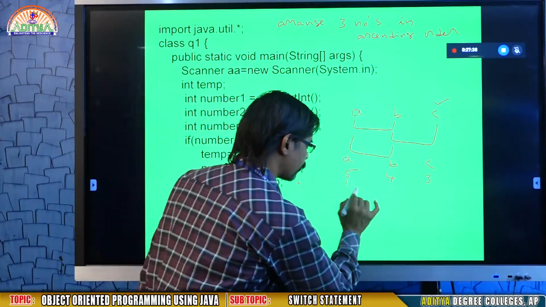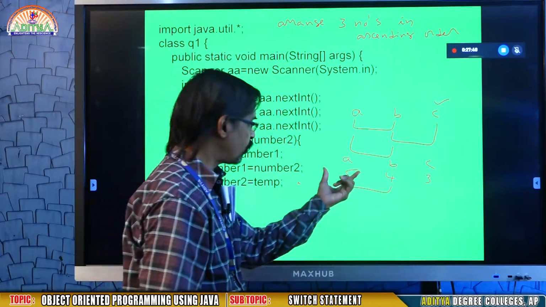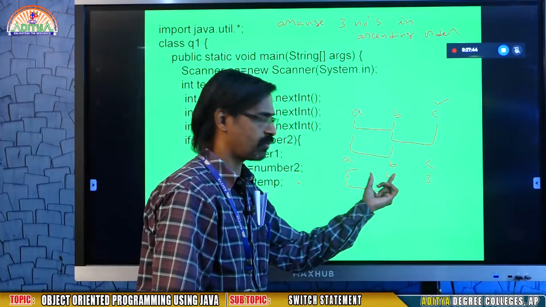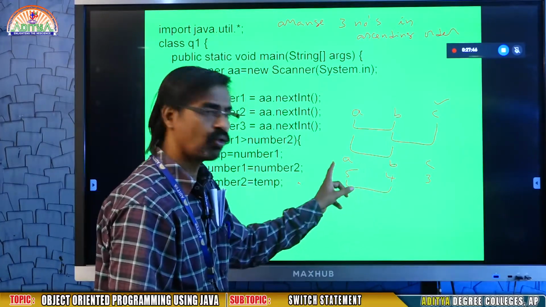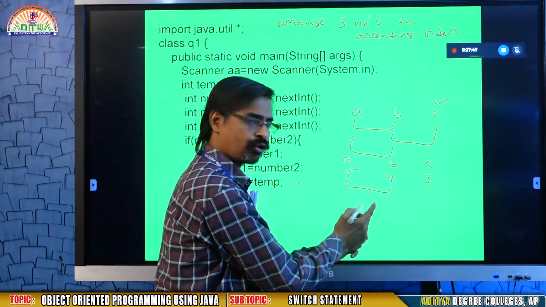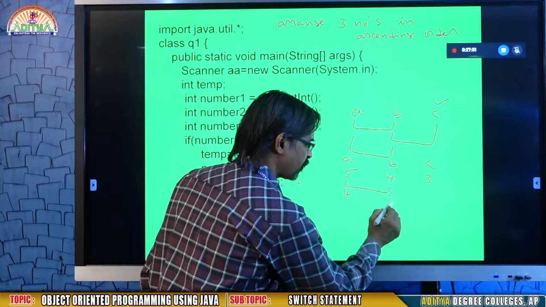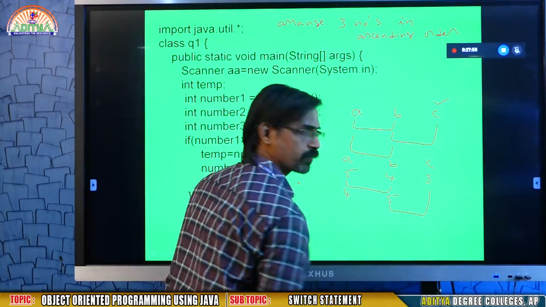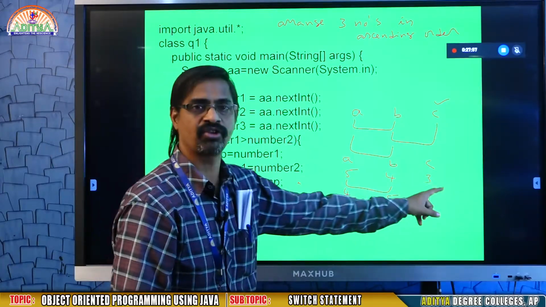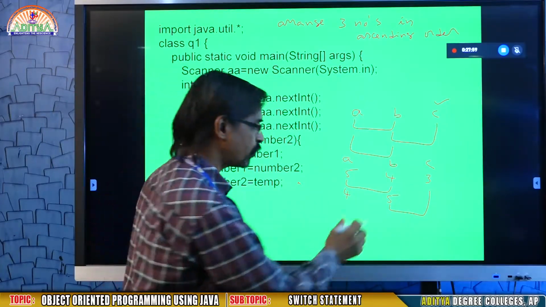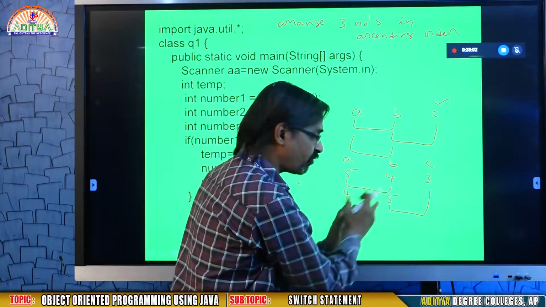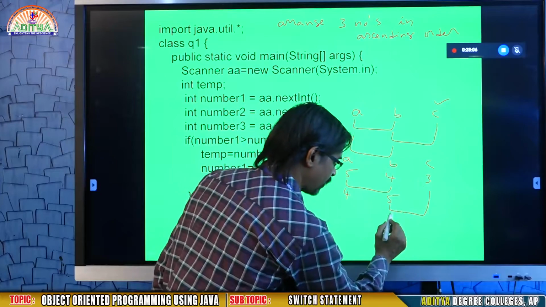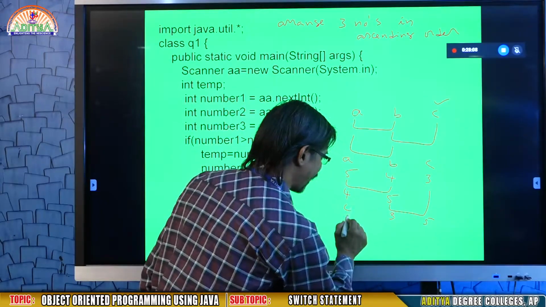I am comparing A with B. What I told you: when comparing 2 values, the small value will be on the left side and the big value on the right side. In 5, 4, 5 is bigger. As I told you, place the small value here, and the big value into B. Again compare B and C. B is greater, C is smaller. So what are you going to do? I told you always the small will be first, the greater on the right side. So 3 comes here, 5 goes there, and 4 stays as usual.